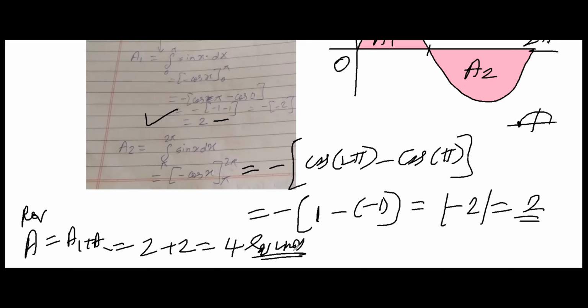2 कैसे आया? मेरा 0 आ रहा है. How can you get 0? Where you are getting 0? Let me check. Sir,